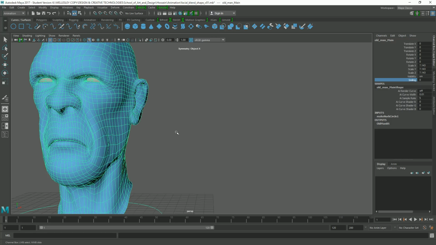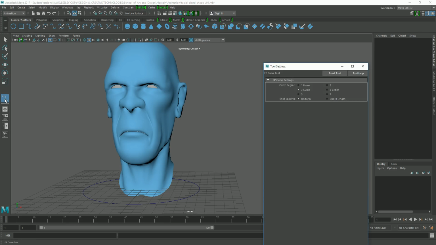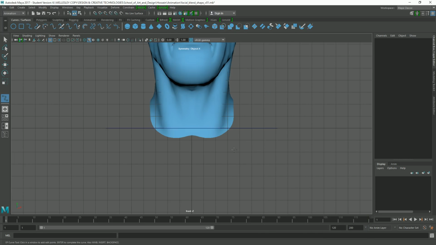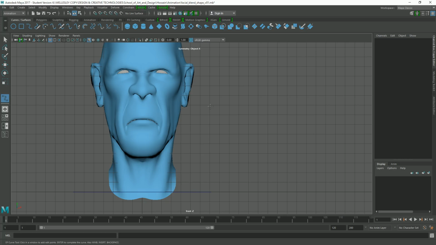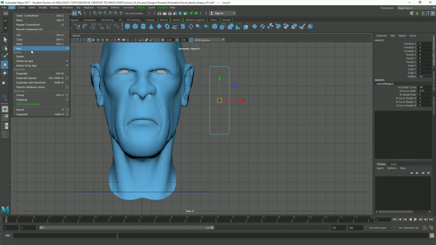But it's not enough for me. I need an interface. So I can create an interface. I click on the curve, double click on that, and make it linear. I go to the front view. I hold X on the keyboard, click here, click here, click here, click here, and here, and enter. So I've got a curve for the surrounding. I modify center pivot, and I edit delete by type history,